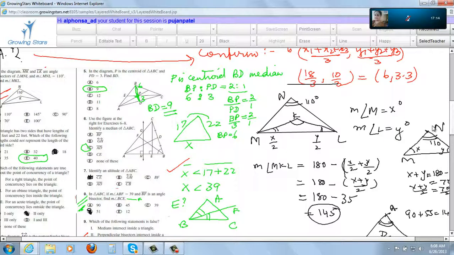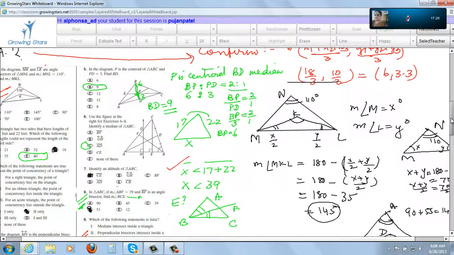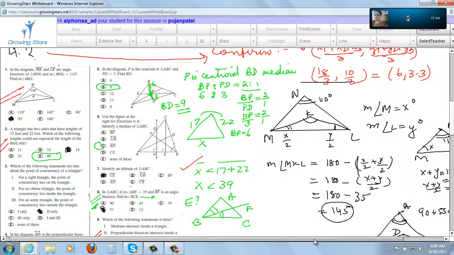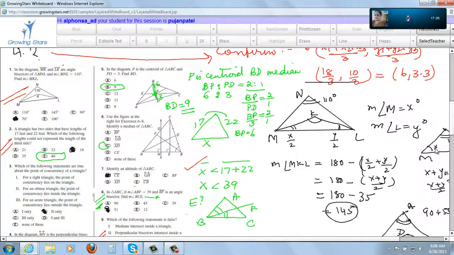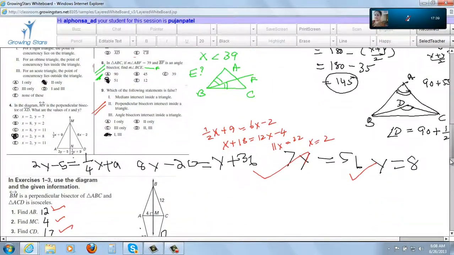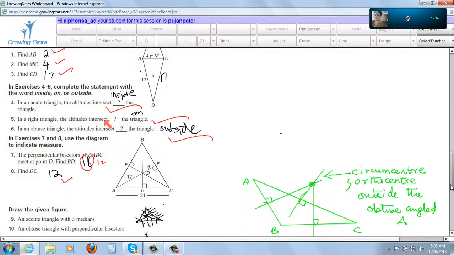Okay, the next one, which of the following statements is false? Again, this we have done, isn't it? Yeah, we did. And this one you did very well. All the questions are answered correctly. So we'll stop here with this homework. You can continue and finish off the rest of the worksheet, okay? Done well. I can see that you enjoy such worksheets. Rather than having one single topic, you like to have a mixture of them, isn't it?